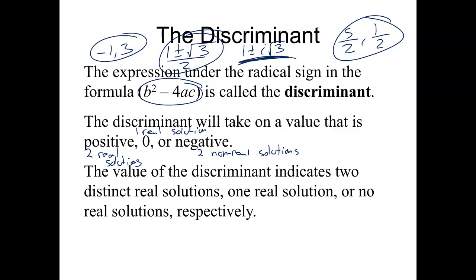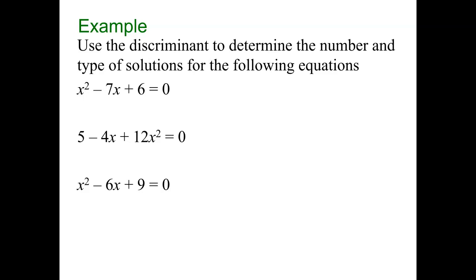And with 1 real solution, you'll find that you don't have the plus or minus because you just get the square root of 0, and then you just have the number that's left over. So we want to use the discriminant. And again, I want to emphasize this. It says to use the discriminant. That means all I want to see,